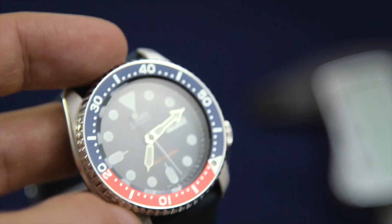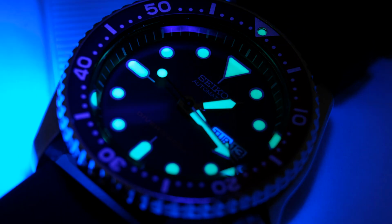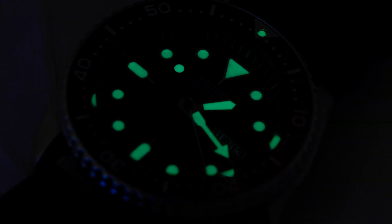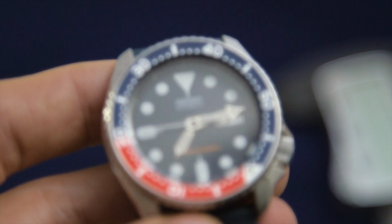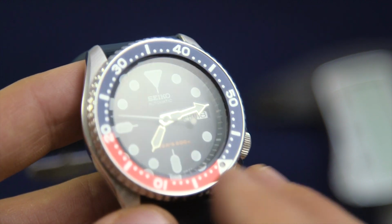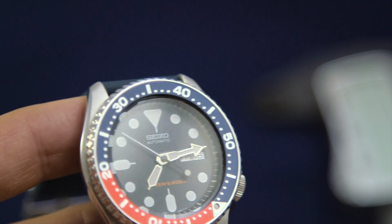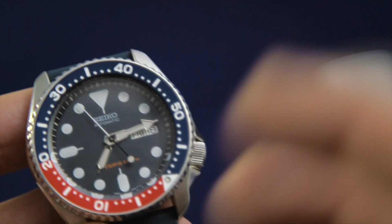The lume is really good. Seiko are notorious for having good lume, being the glow-in-the-dark functionality of the indices and the hands. The SKX is no different, and this actually has incredible lume, which you'll be able to see on the screen now. I've noticed that in daily wear, especially in England where there's not a lot of direct sunlight and often we're spending quite a lot of time indoors, the lume never really gets a chance to charge, if you like, so therefore the lume